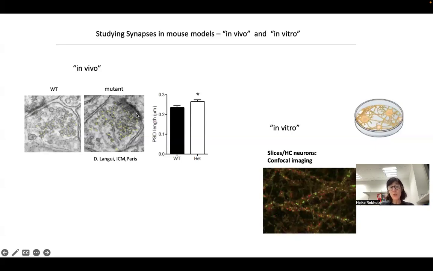What we found when we quantified a lot of neurons is that the one change is that this connecting area, the postsynaptic density on the side of the receiving cell, is changed